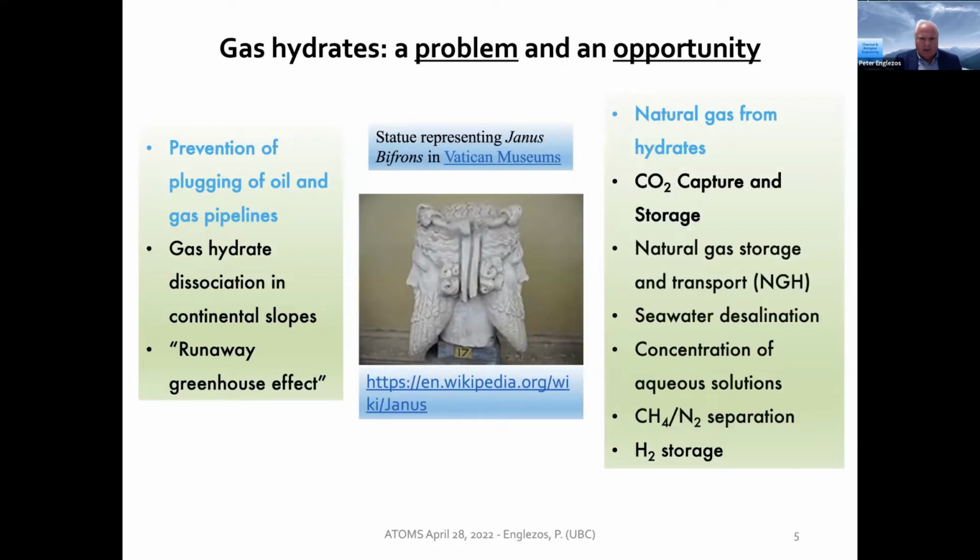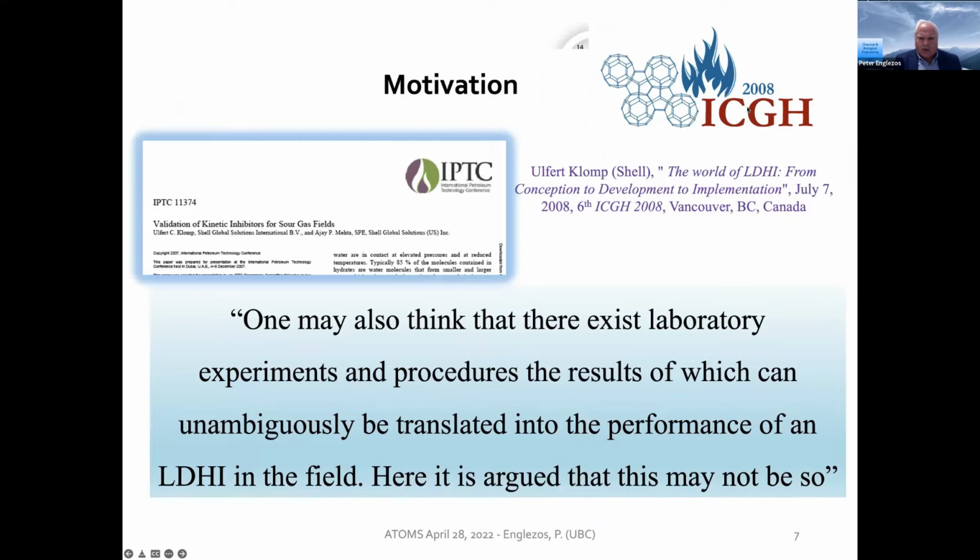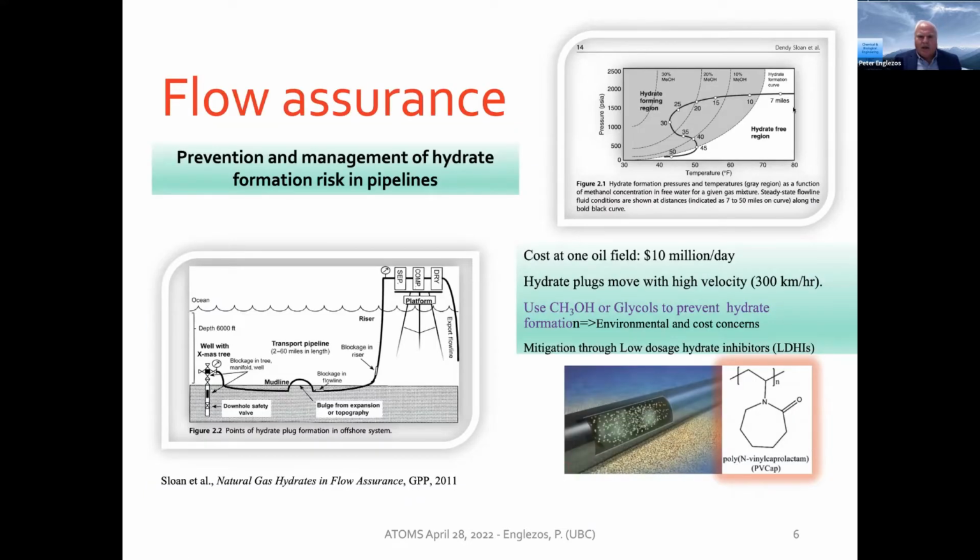So let me begin by talking about the lessons we learned from working on the flow assurance issue. Basically, when you take hydrocarbon fluids to a central processing facility along this pathway, you have hydrocarbon and water, and you may encounter thermodynamic conditions, illustrated here on this pressure-temperature diagram. You may encounter conditions inside the hydrate stable region. And the traditional way of dealing with this is to inject methanol or other thermodynamic inhibitors. That can be costly and also create some issues downstream